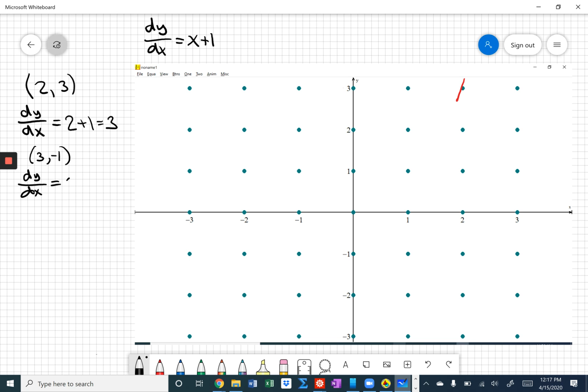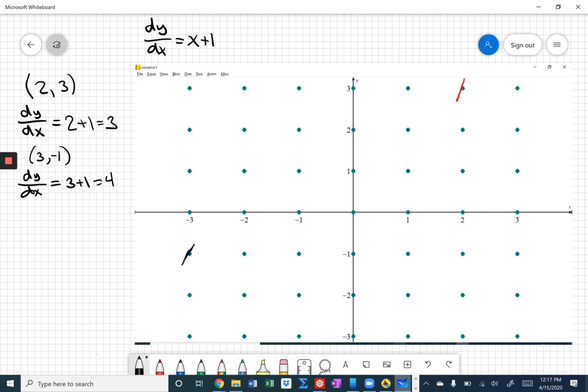Well, again, it's the x coordinate plus 1, because it says in the diff EQ x plus 1. So the x coordinate is 3, 3 plus 1 is 4. And so when we look at the point 3, negative 1 right over here, that means I've got to have a slope of 4. So I'm going to sketch a slope, if I started here at 1, 2, 3, 4 over 1 and connected from this point to this point a line and then just made it shorter, then I would have the slope